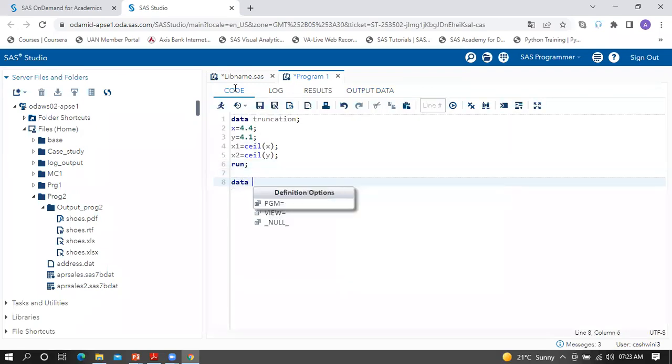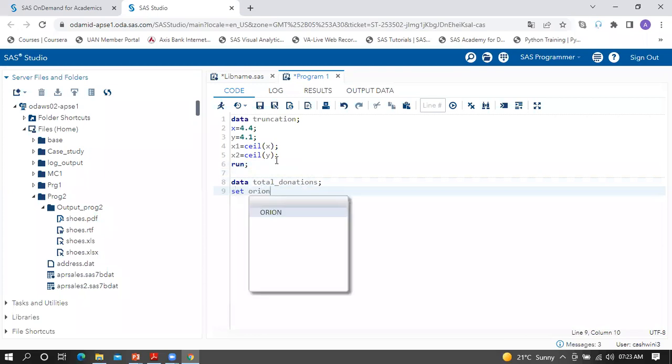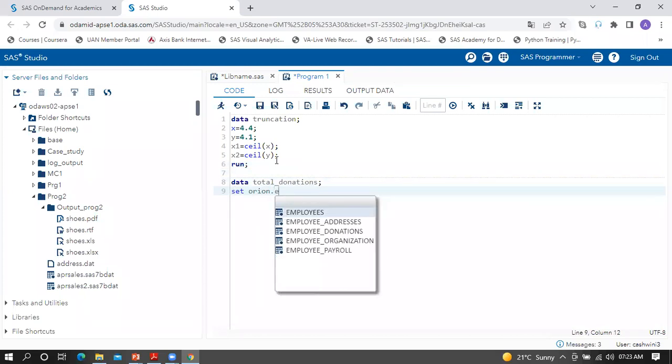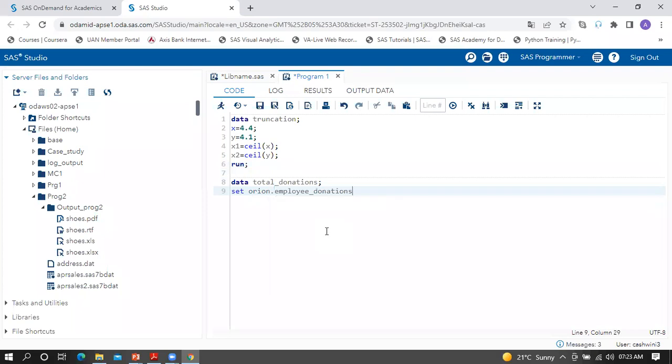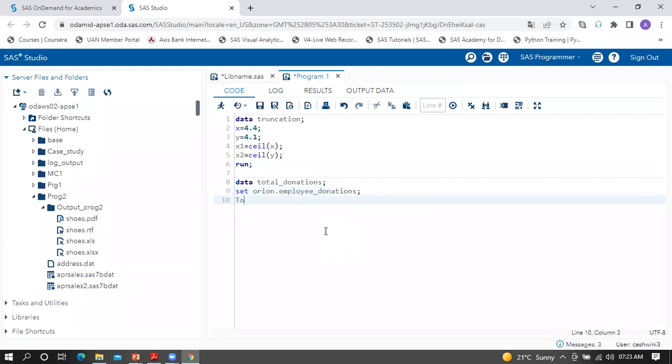We have data, write as total donations. Set Orion.employee_donations, correct? So we have the employee donations table. We create the total column, which is actually sum. The sum function, which is one of the statistical functions used on our arguments, ignores missing values and gives you the sum of the non-missing values, correct? Same goes with min also. Fine. So we have QTR1, we have QTR2,